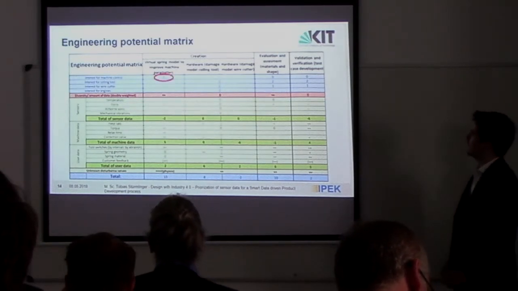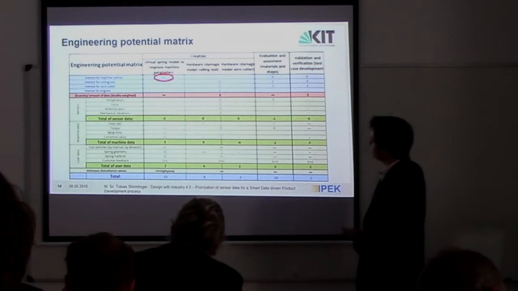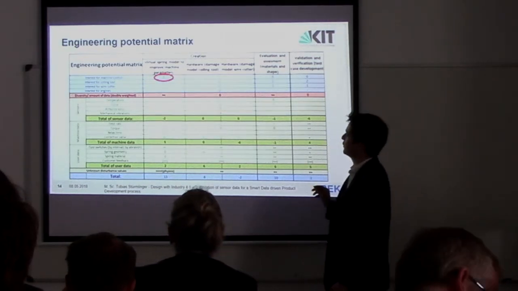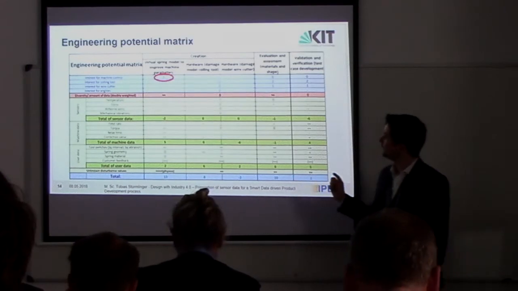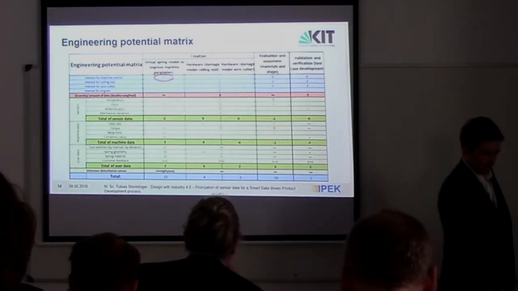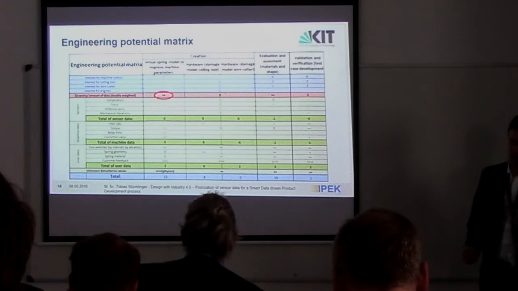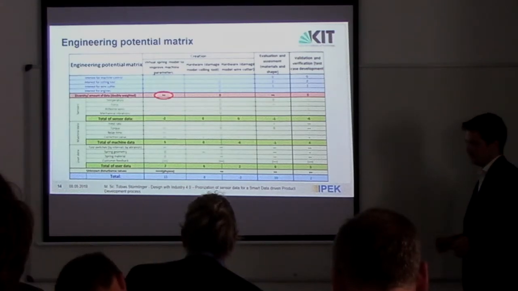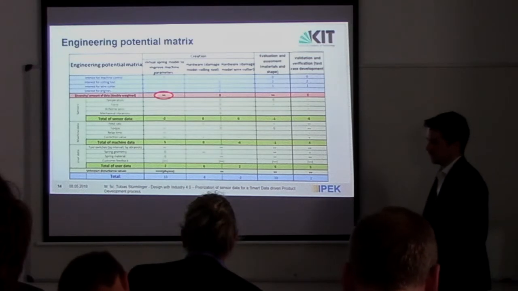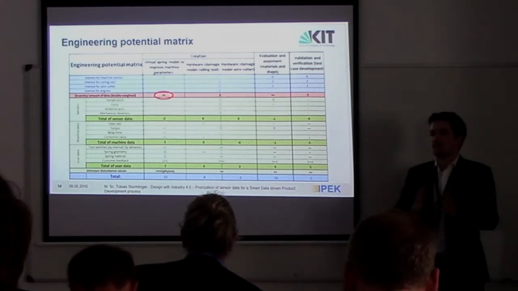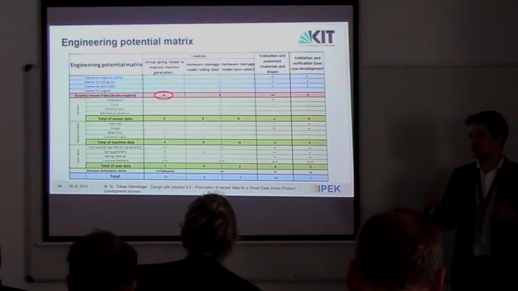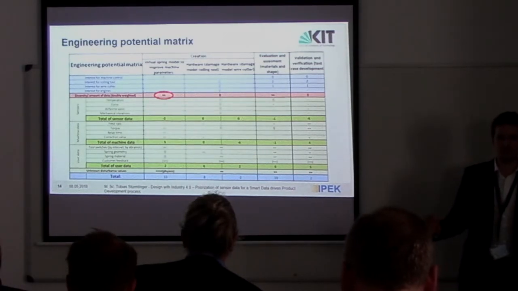So we've seen, for example, that it would be very nice for them to have a virtual spring model to improve those machine parameters, but we see that there's a lot of data you need to implement something like this, because it's not enough to make experiments with just one type of spring. You need to do it in the series production with a lot of springs, and